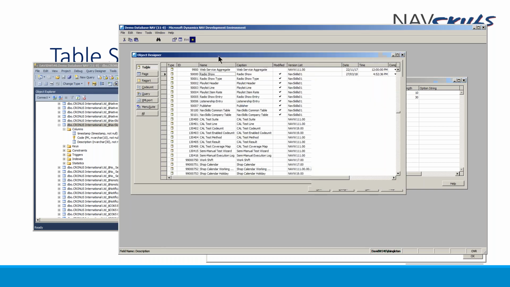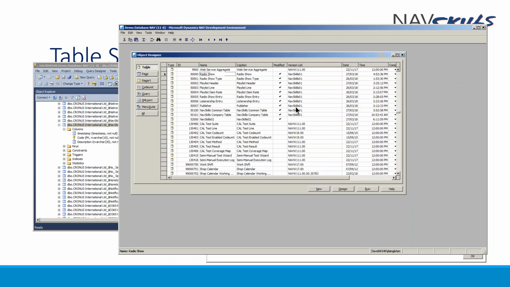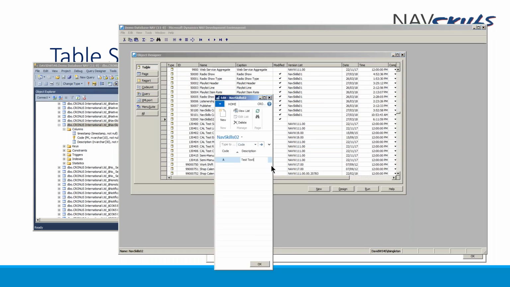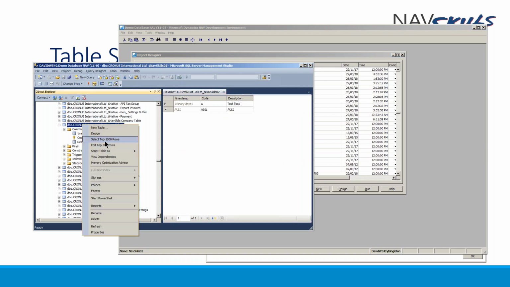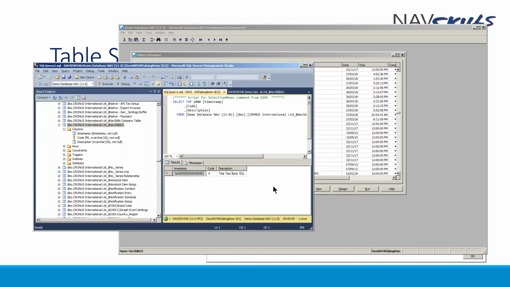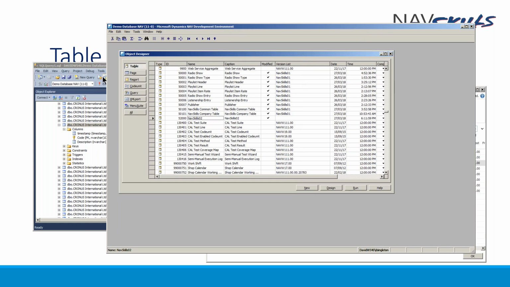I can go back to Navision, I can run it, and my data is in here, and the two are linked. So these fields are all one-to-one in SQL. And there's my tags. Right, simple, straightforward. Okay, so let's have a look at what's